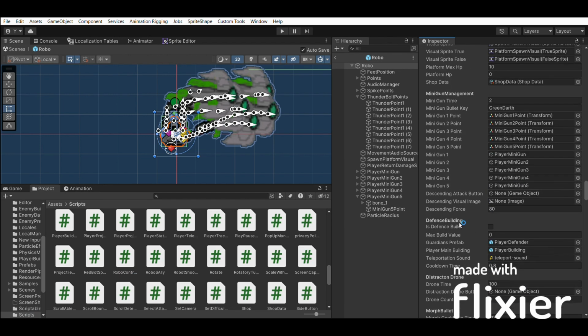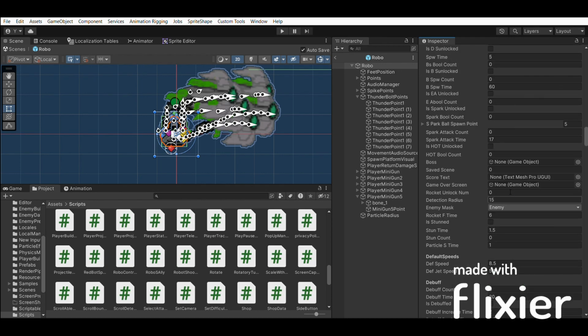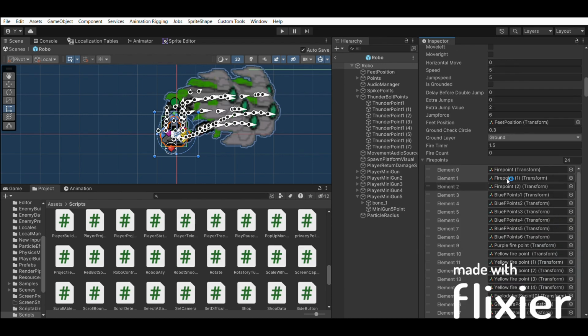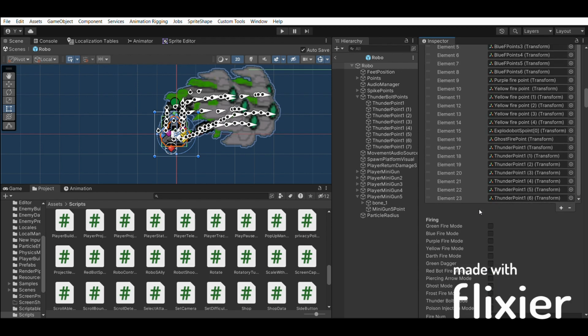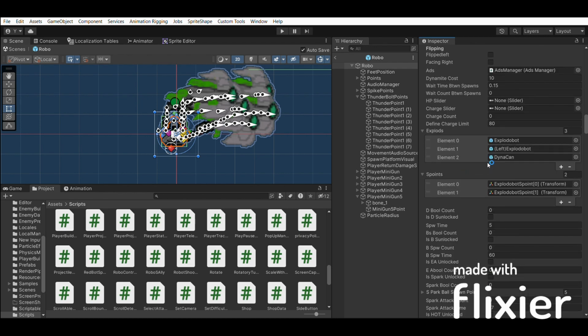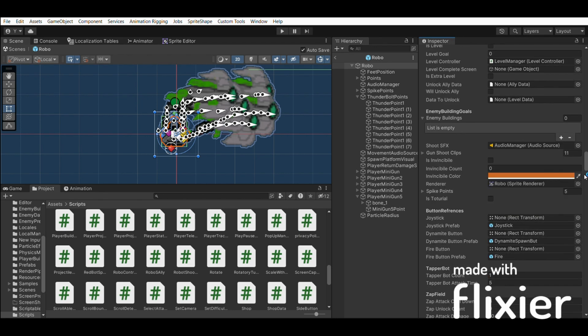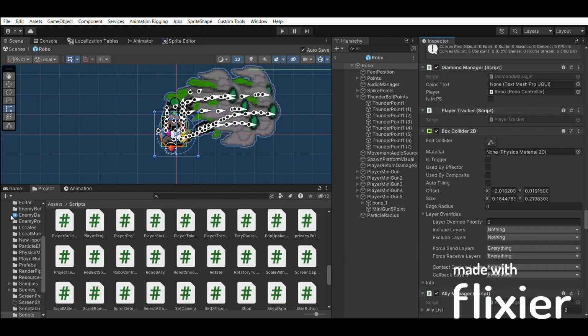I just went ahead with this giant script, and as you can see, it's so large. There are so many fields. It has functions for attacking, movement, speed, health, and flipping, and many other things. So I learned from my mistake, and then I put the rest of the logic into other separate scripts,